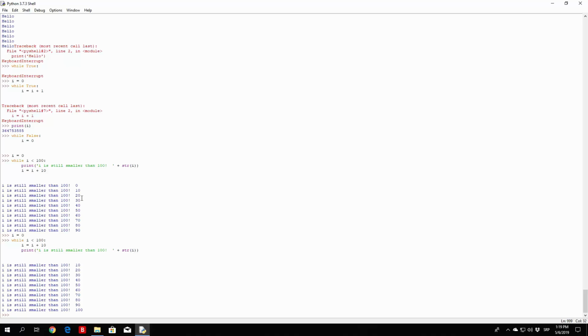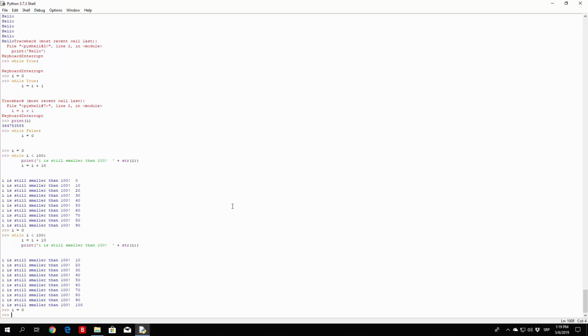So let me just check out what else we need to cover. We can also show another example of the while loop. So let me just show you. It doesn't have to be while I is smaller than something. It also doesn't have to be while true or false. It can be while. First of all, we set once again I to be equal to 0. We will reset it, and then while I is not equal, so we perform is not equal by specifying exclamation mark and then equal right here. So while I is not equal to, for example, 100,